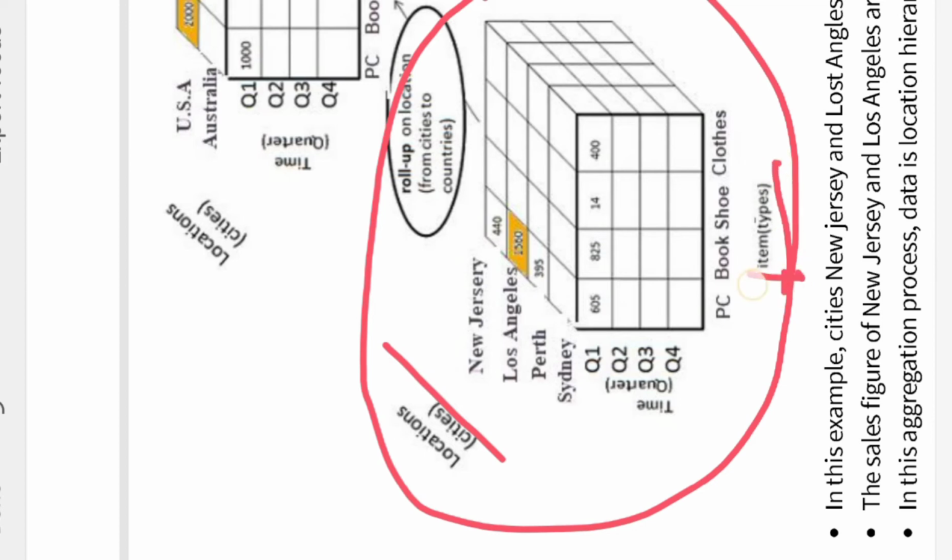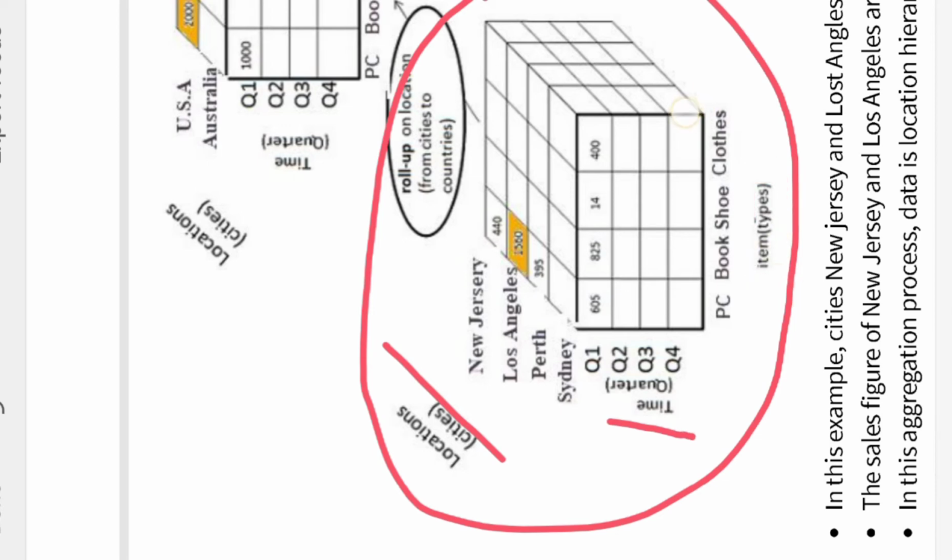There are three dimensions. Dimension number one is locations, which is on the z axis. On the x axis I am having the items, and on the y axis I am having the time, or you can say quarters. So this is the data I am having.